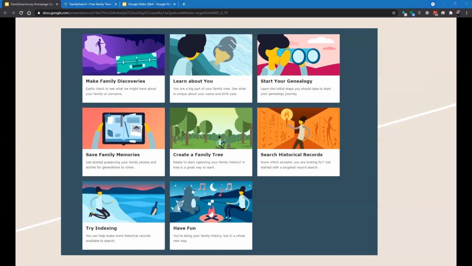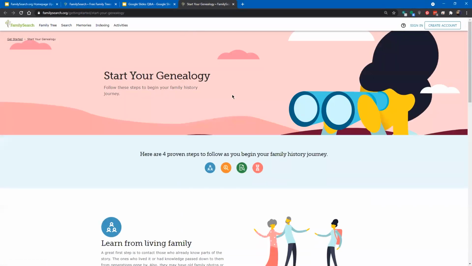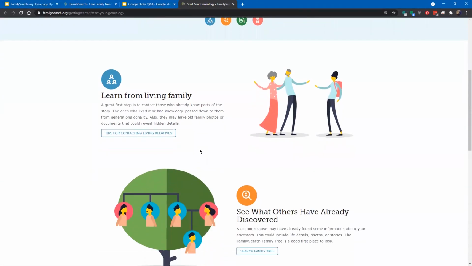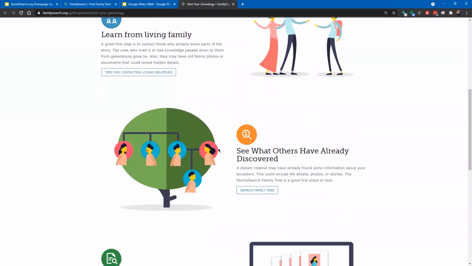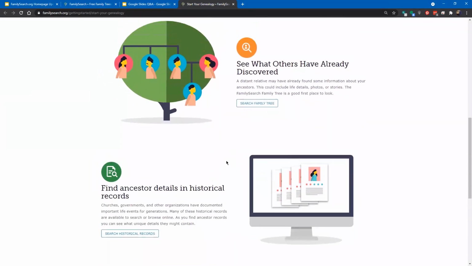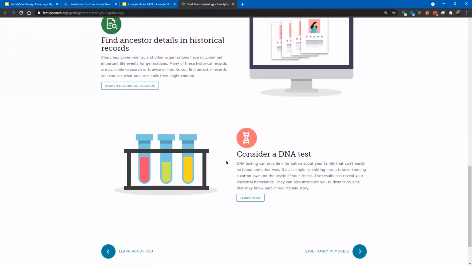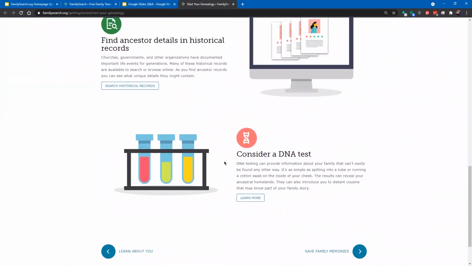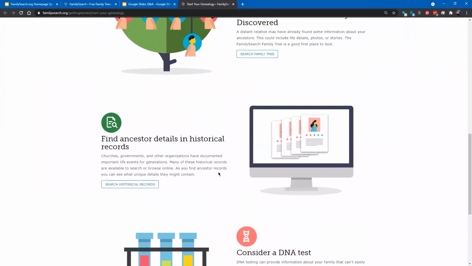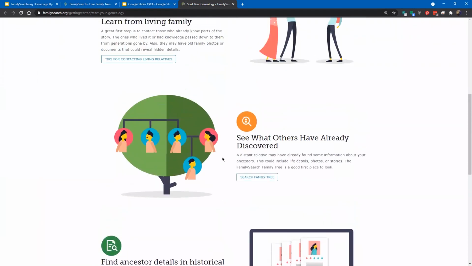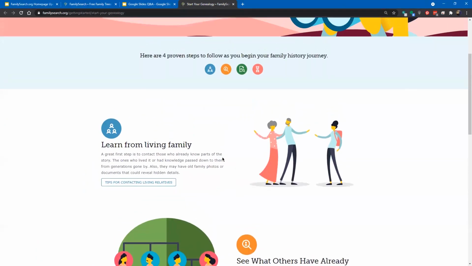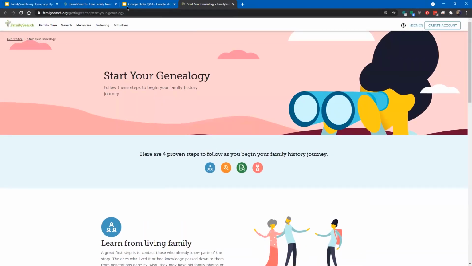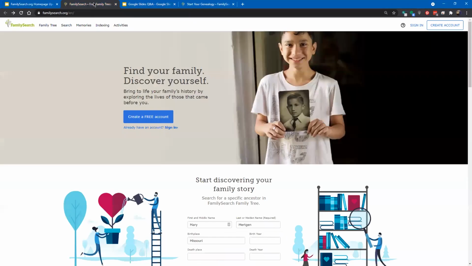So I'll show you what that one looks like. You go to Start Your Genealogy, it talks about learning from living family, see what others have already discovered, find ancestry details in historical records, and consider a DNA test. And under each of these, there's a learn more or the opportunity to search the family tree or search historical records. Then there's another option, which is the